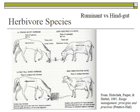Before I get going too far, I really want to re-emphasize why herbivore species is so important. So let's talk about ruminants, such as cattle, versus non-ruminants or hindgut fermenters, such as horses. Because of their digestive system, they have very different intake requirements. It has mostly to do with how quickly they can process and move fiber through their system. So ruminants, such as cattle, have very low